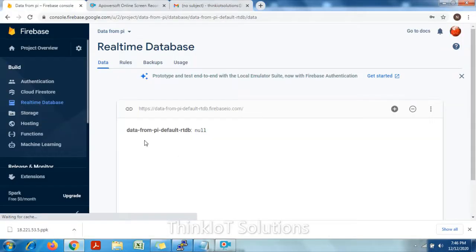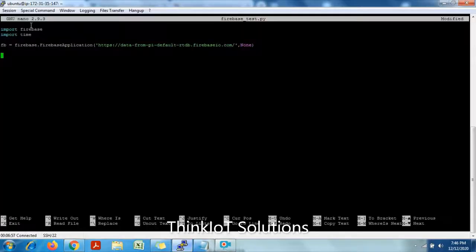Now I want to transfer two fields of data. One is the name field and the other is the value field. So I want to transmit my name as well as a value. I will take a variable name, name equals to, in double quotes, I think IoT is the name I want to transmit continuously, and a value which is initially 0. I will increment it every time, and the new value will be uploaded onto my server end here.